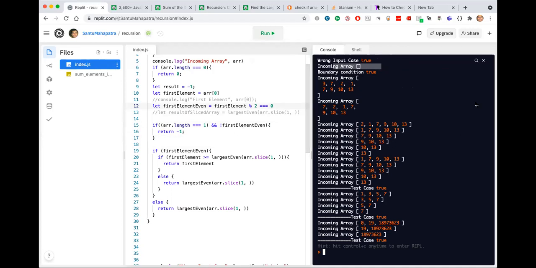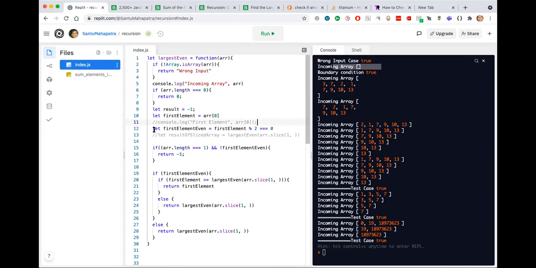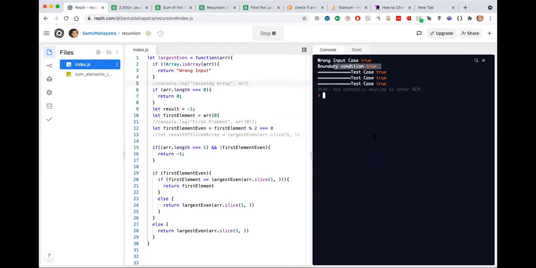Okay, thanks Sanjana for pointing it out. Mistake in line 12. Cool, so let me remove this console.log. If I run it, all test cases are working correctly.